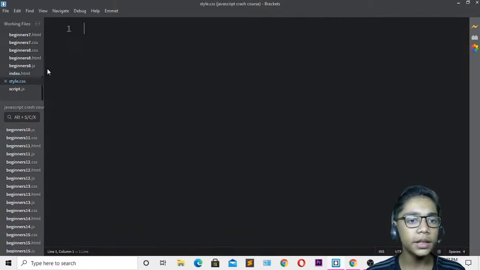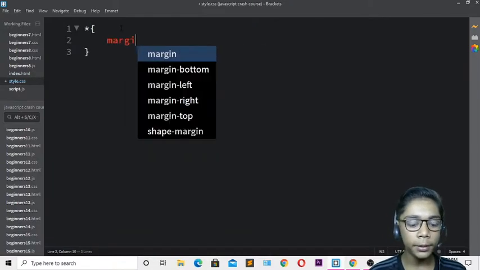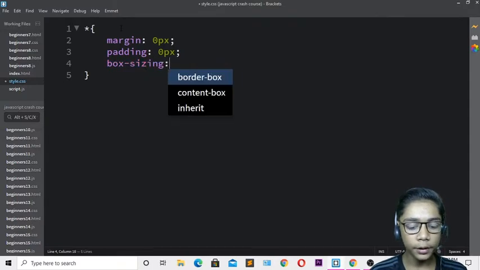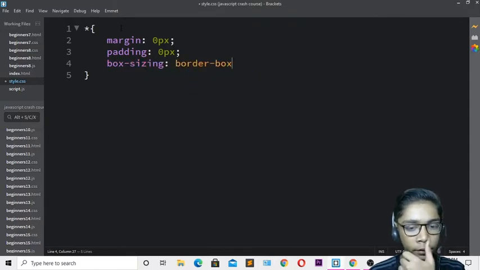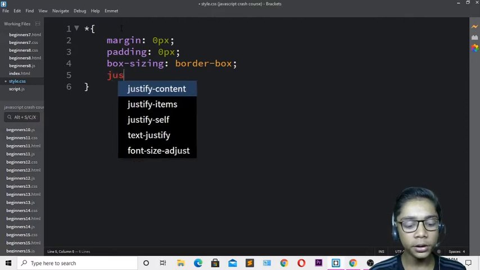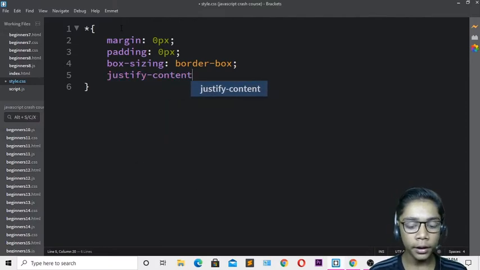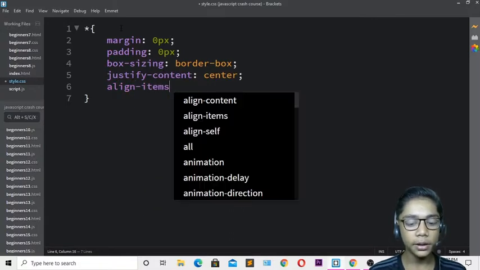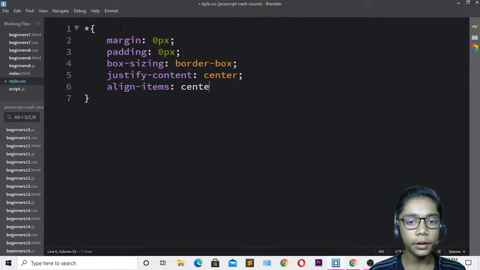So I will go to my CSS file, and first of all I will define my starting code. So I will be coming over here and defining margin 0 pixel, then right over here padding, which should also be 0 pixel. Then come and write box sizing, which should be border box. So I will be defining border box. So now when you've done that, you have to come over here and I will be writing justify content center again. So just when you've done that, come and write over here align items center, because the styling should be the same for everything. So I will be writing the same styling over here also, like previously we have written. So I'll be writing center over here also.